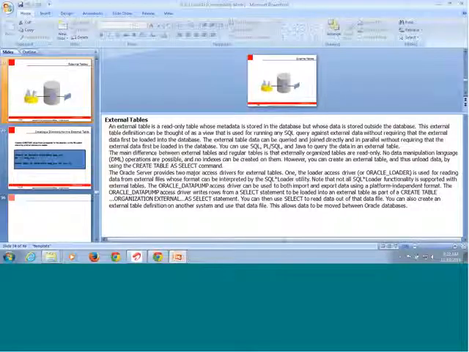A very important use is for loading. If you can relate to SQL loading, copying the data files from one hard disk to another hard disk, from one database to another database, then this external table is very useful. Okay. And moreover, the external table can be queried and joined directly and in parallel without requiring that the external table be loaded in the database. So you can use any of these operations, SQL, PL/SQL, and Java, to even have parallel joining or parallel transactions done on it. And even DML operations can be applied to it.